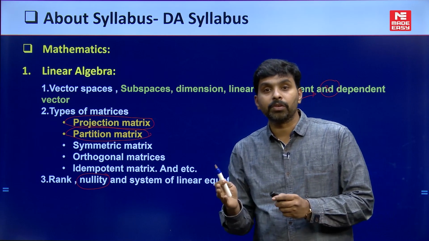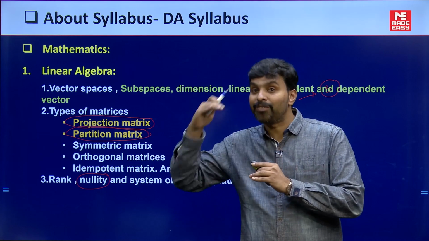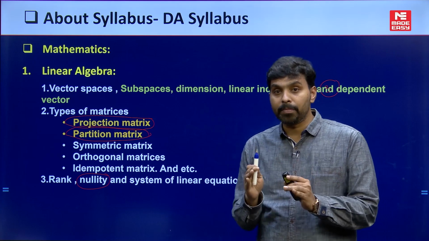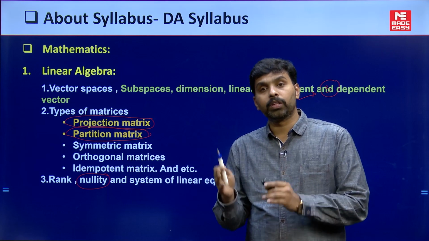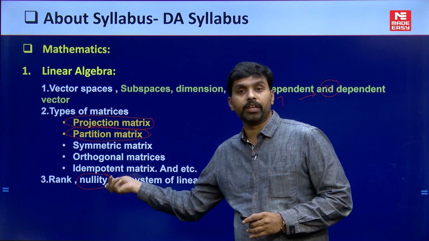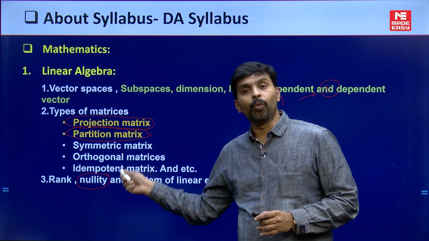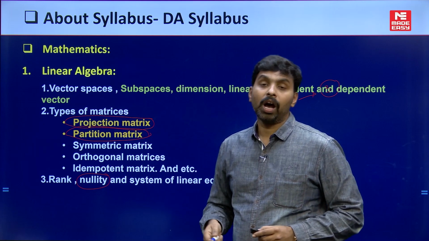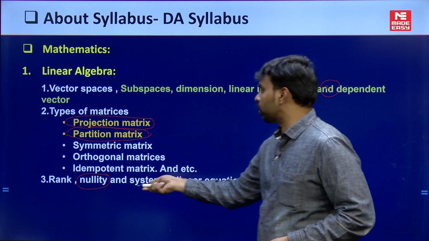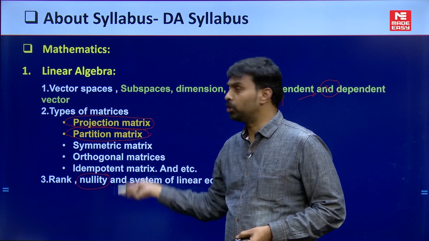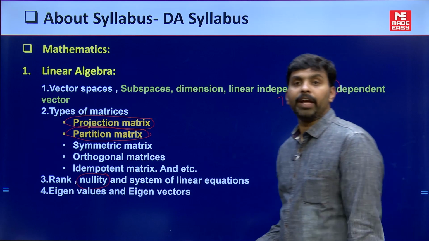Whereas in the other engineering mathematics paper, the same type and level of questions will not be there. When it comes to the DA paper, the terminology will be a little different, and you need to go in depth on the concepts. You need to go in depth, and you will come across different types of questions as compared to the other engineering mathematics paper. So this is about the important concepts from the linear algebra side. Next, eigenvalues and eigenvectors.